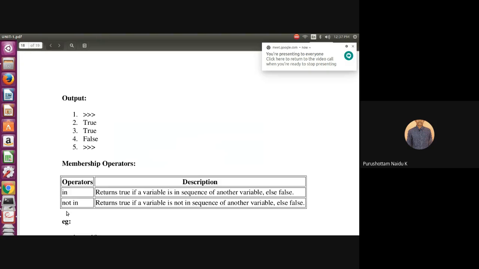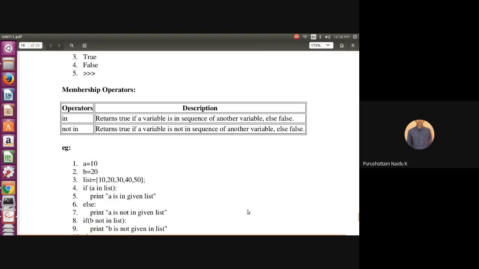So in returns true if a variable is in a sequence of another variable. Not in returns true if a variable is not in a sequence of another variable, else false. Okay, let's see one example.